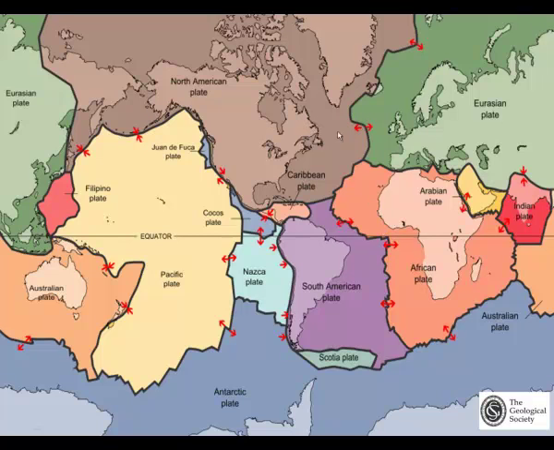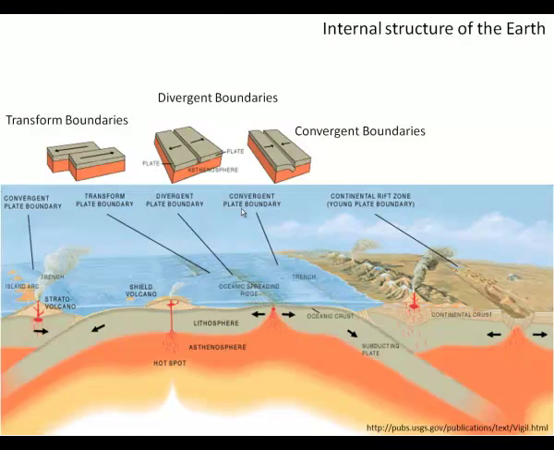So here these two are pulling apart, here these two are being compressed against each other. The third variant of that is shown here, where one plate is quite literally slipping past the other. Now principally those three arrangements then create three key boundaries. The last I referred to, where the two are slipping past each other, is a transform boundary. Where they are pulling apart, a divergent boundary, and where two plates are coming together is a